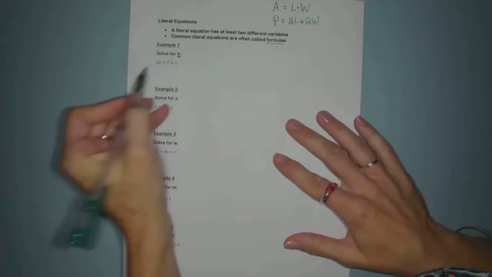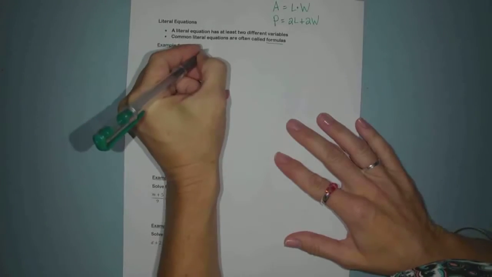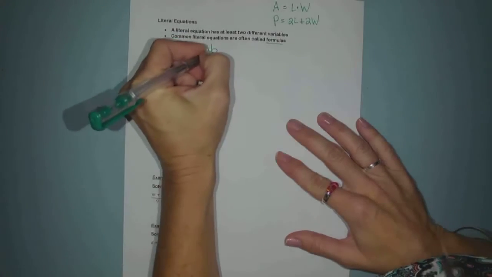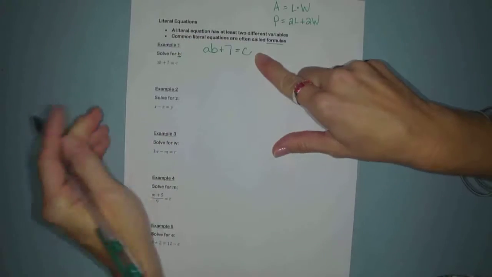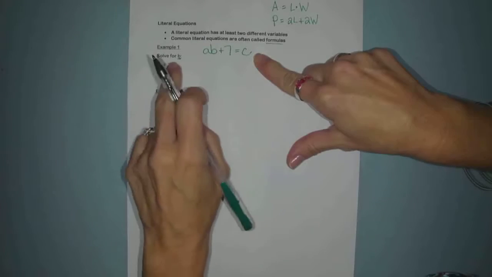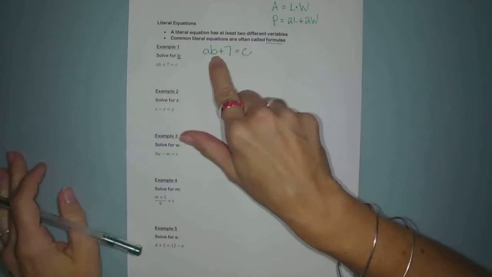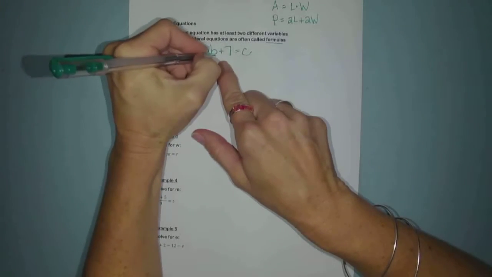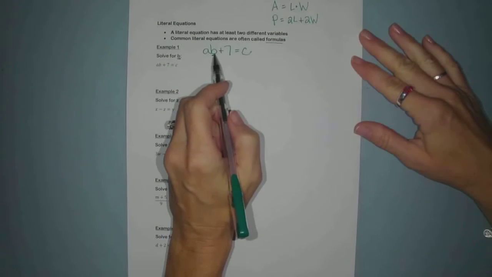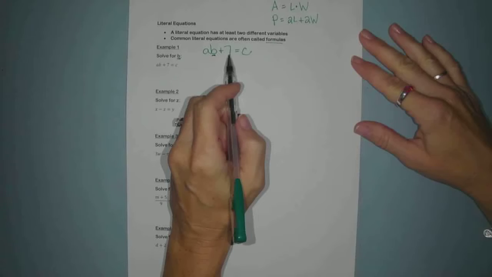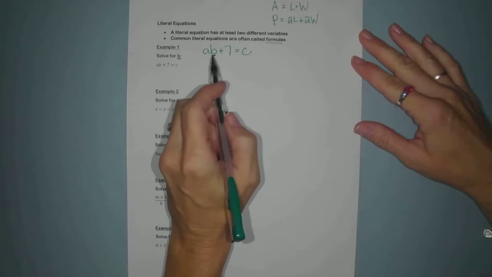It says solve for B. Okay, so here I'm going to blow this equation up because these are really tiny. So I'm going to write AB plus 7 equals C. So hopefully you can see that better. And we're solving for B. So we have to get B alone. But right now, B is tangled up with not only this positive 7 that's being added here, but also this